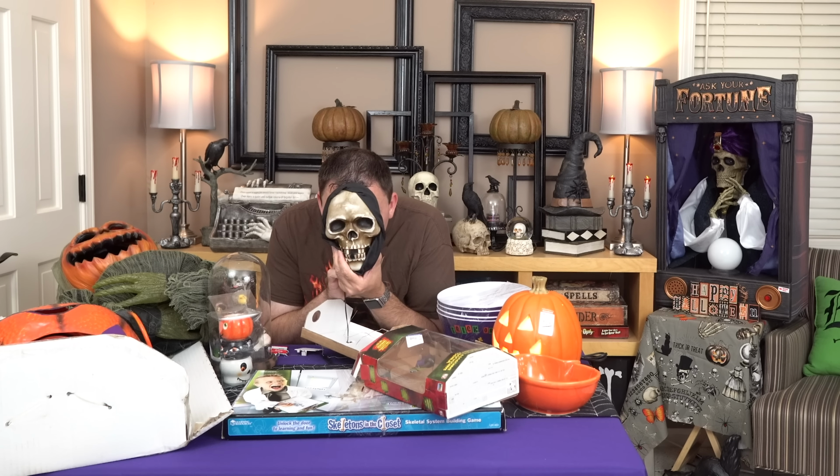Trying not to move it because it's blinking now. I don't know why it's blinking. I put the old batteries back in, these many-year-old batteries, and it started blinking. So it doesn't really fade in and out. It just sort of blinks. And it stopped. Nope, it's going. I don't know why it's going or why it's blinking, but it works. All right, he doesn't quite look as good in the box now, but there he is. Stuff him over there. And then the last guy I've got for you